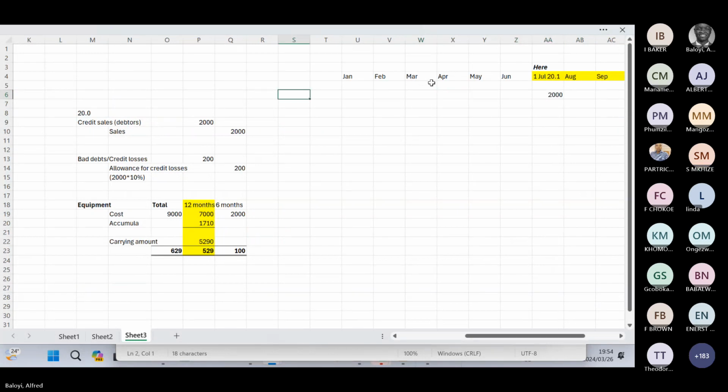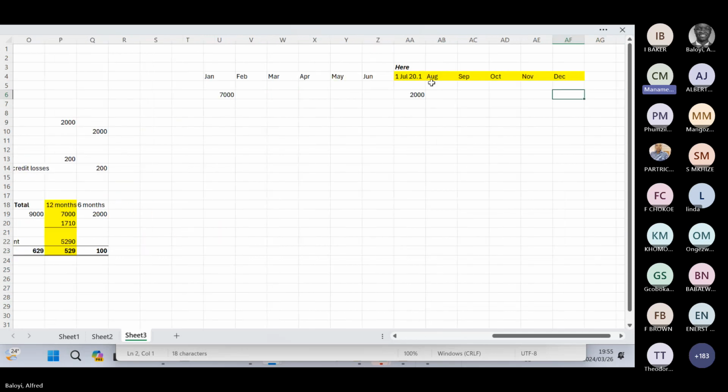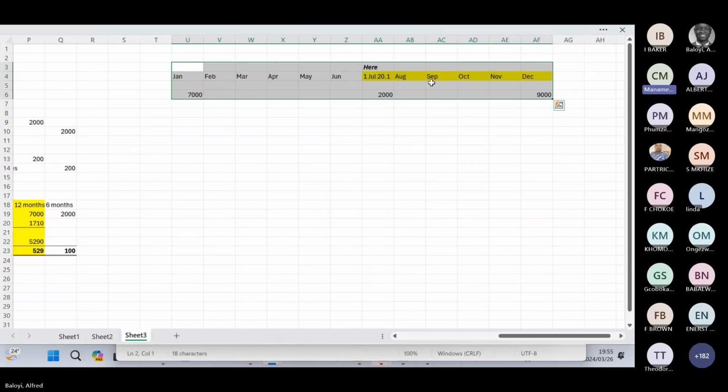Okay. So that's why we had to separate, during the calculation for the depreciation, the old equipment and the new equipment. We are separating the two so that we can have a clear view of how much depreciation in total it was. All right.